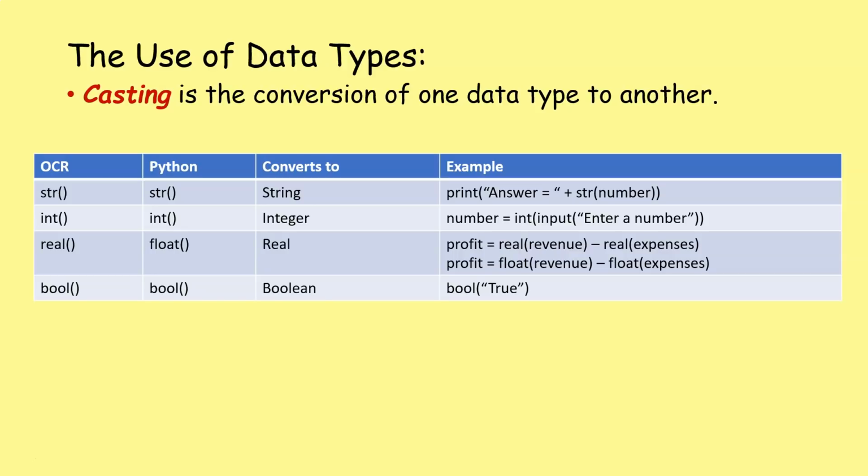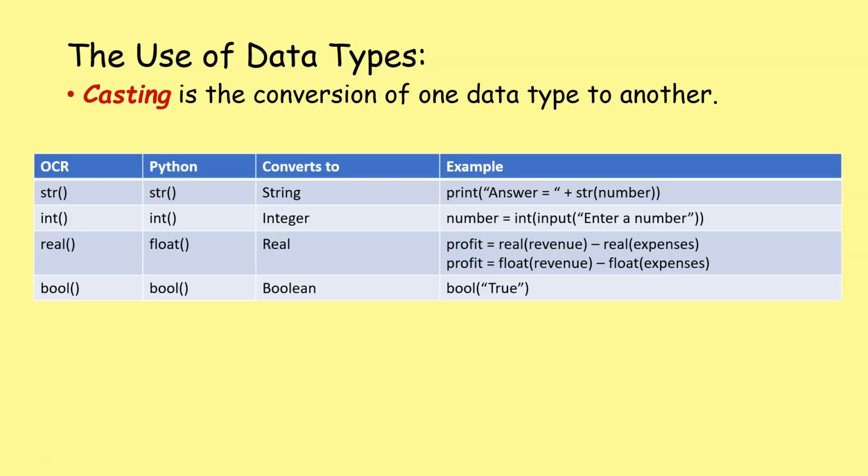The casting functions in both the OCR reference language and Python are very similar. So we have the str function, which in both OCR and Python will convert usually a number to a string. Why would we want to do that? Well, it's usually when we want to concatenate, to join two strings together, like in this example. We want to take the number and join that to the string answer equals, so we need to change the number from, say, an integer or a real into a string before we can do that joining, and then we